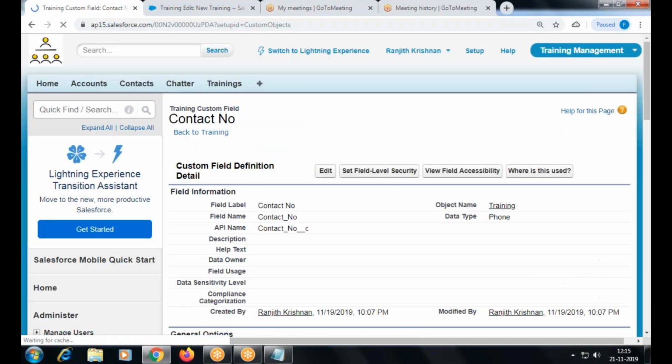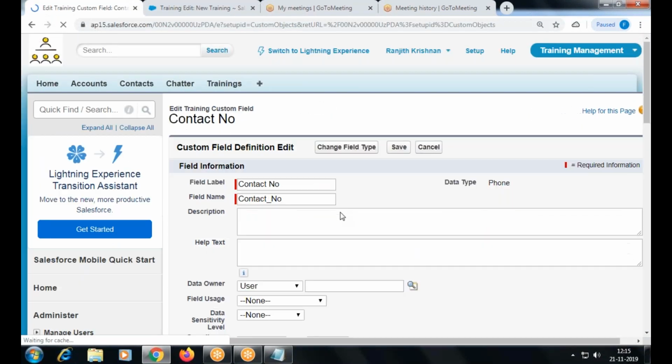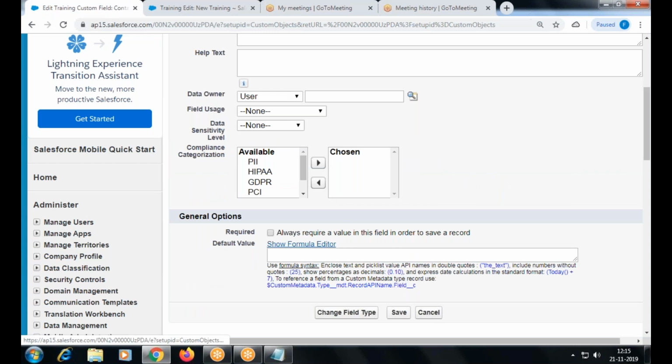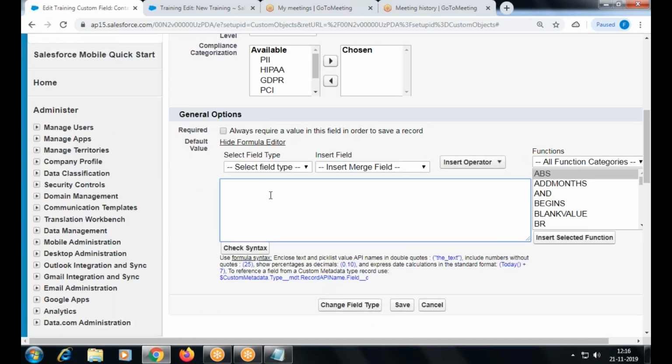Contact number, edit, editor. Okay. If you give the text as it is and check the syntax,